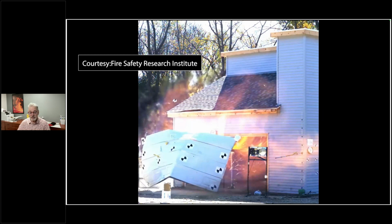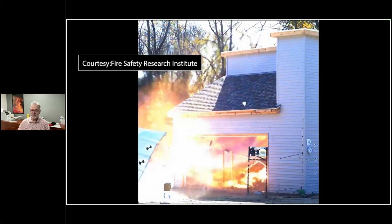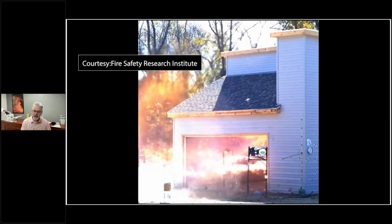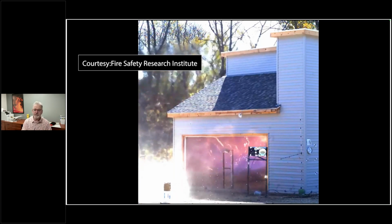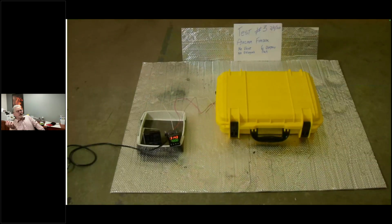That's an explosion. That's a darn big explosion in an enclosed environment from a hefty set of lithium batteries that might be in your garage for your lawnmower, let's say. So decent size, a couple hundred watt hours of battery. So it can happen. Now that's the ultimate. I've never seen that happen. I'm going to show you a couple of small video clips here where